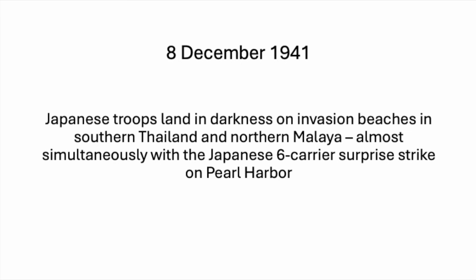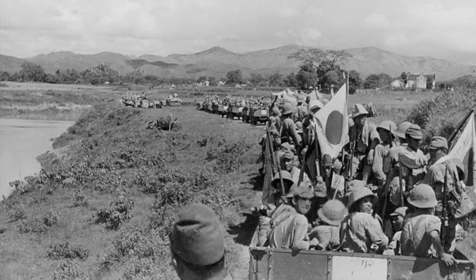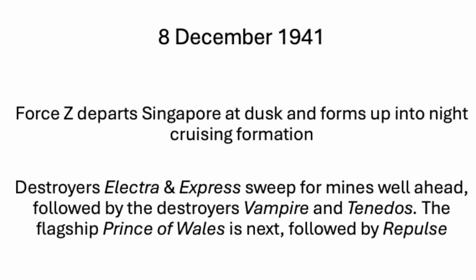RAF airfields throughout northern Malaya were bombed, and by the end of the day, the RAF in northern Malaya had been largely decimated. Through all of this, Prince of Wales and Repulse still lay berthed at Singapore. Faced with multiple beach landings to the north, with Singapore now being bombed and the RAF devastated in the north,